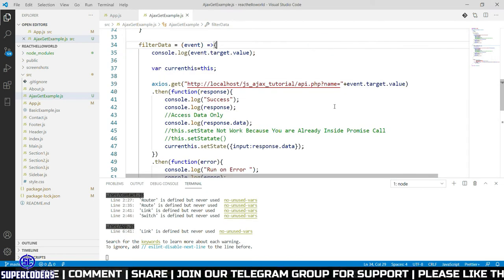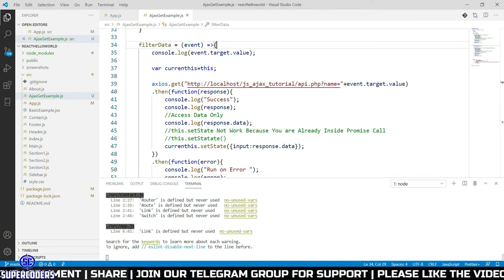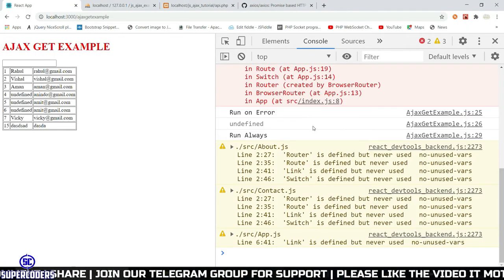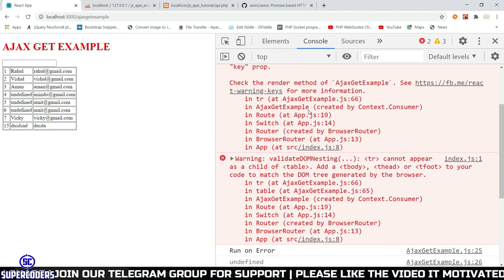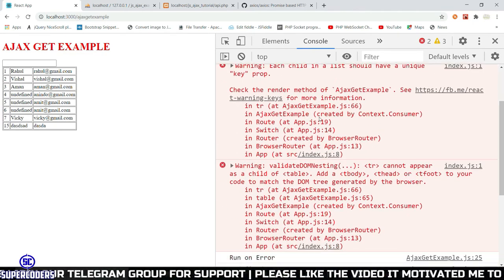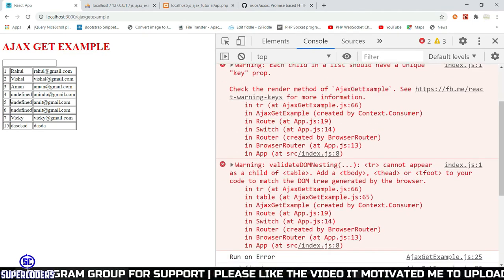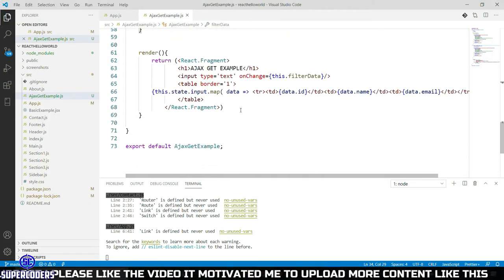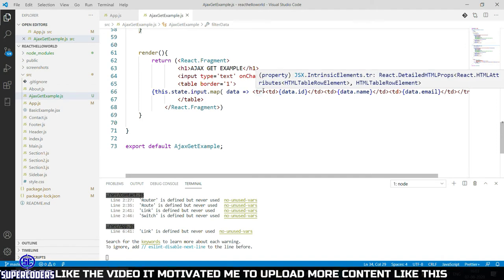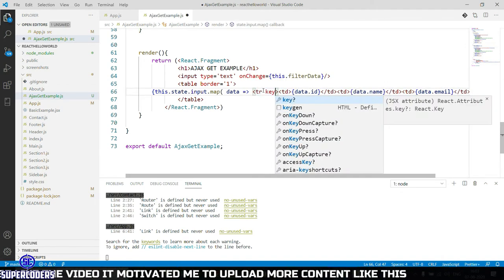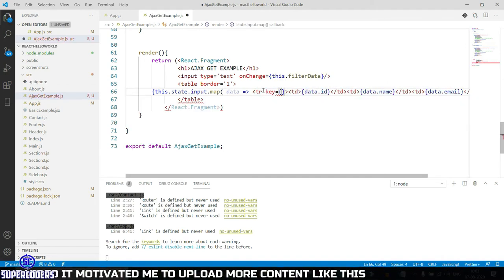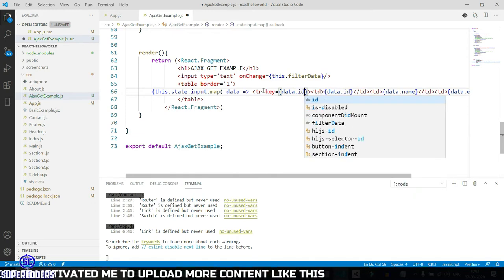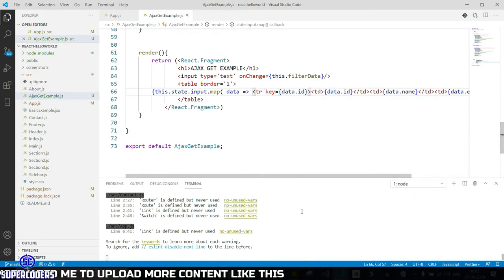Now save this, come to Chrome, refresh the page, and here is one error. Do one thing: when you are showing data in a table or any list format using the map method, add a key attribute. Here it's showing an error, so add key equal to data.id, so our data will be unique.